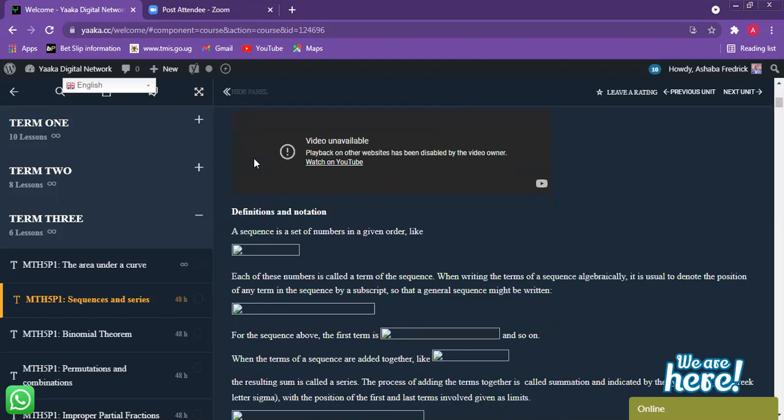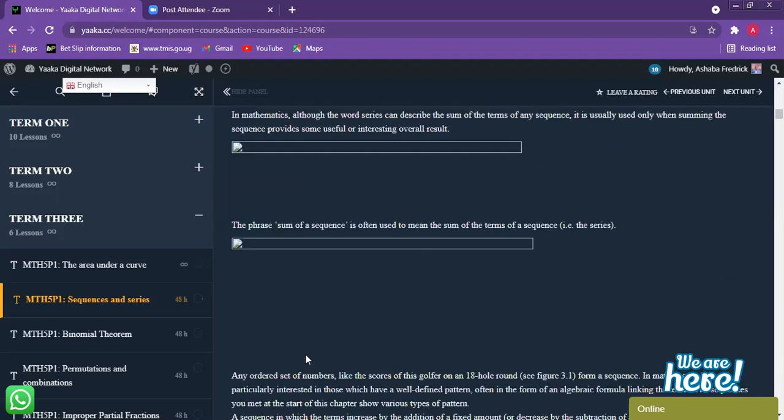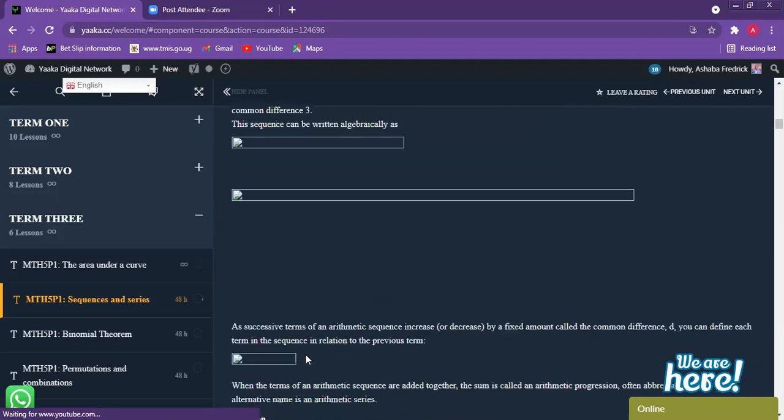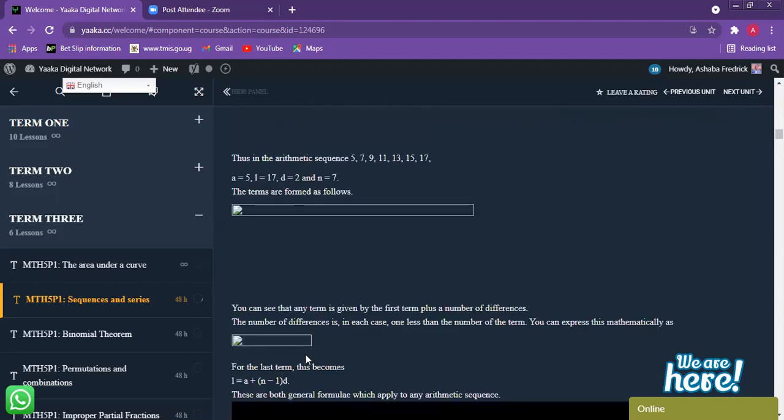So we are saying when writing terms of a sequence algebraically, it is usual to denote the position of any term in the sequence by a subscript. So the general formula may be written, so I'm going to write these ones. Let me cross over to the whiteboard. So describing